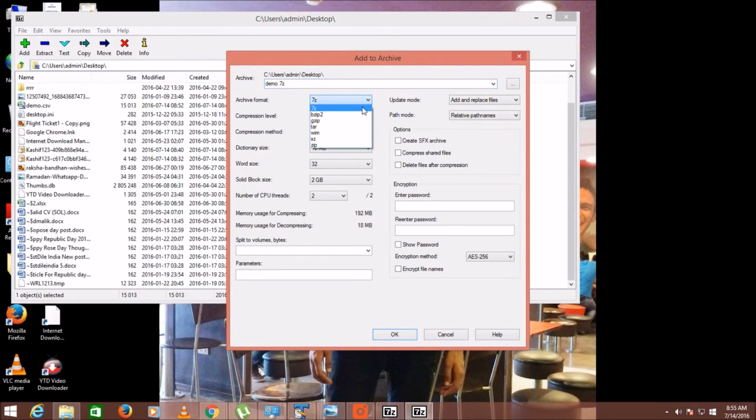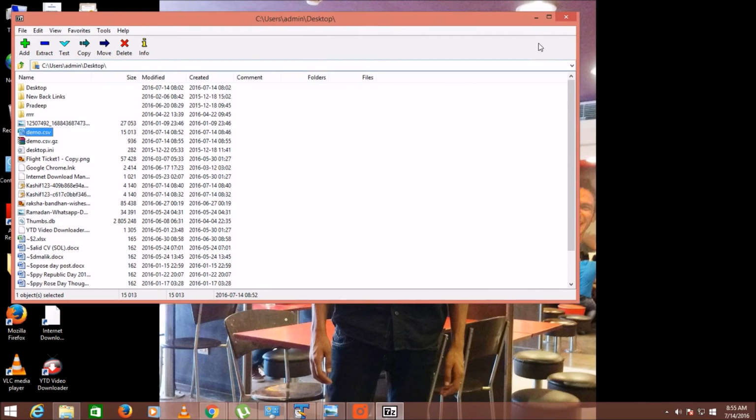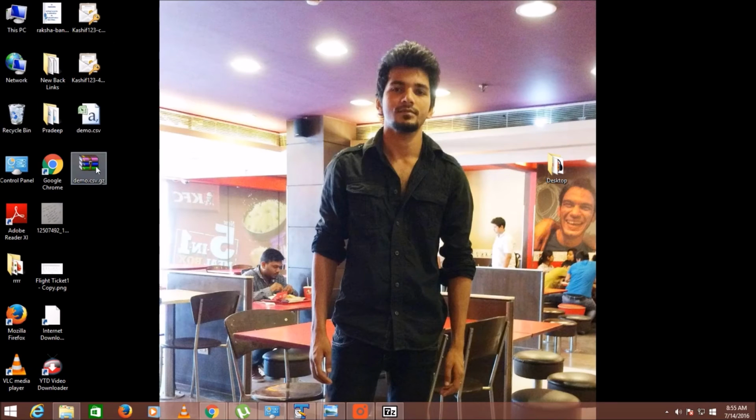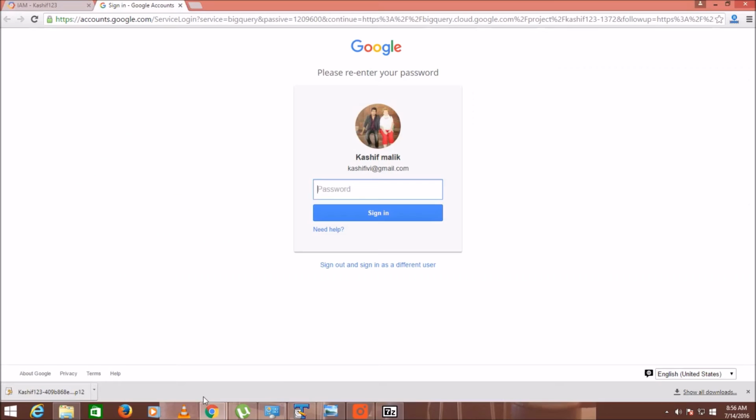You can convert your file into gzip, because Google BigQuery also supports this type of format, which reduces the size of the file up to 7 times. Now the size of the same file is in bytes. So we can use this trick.